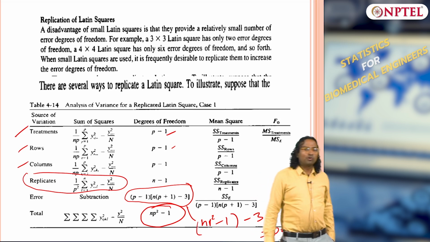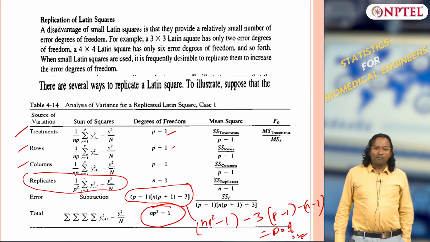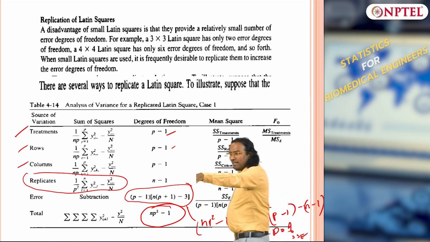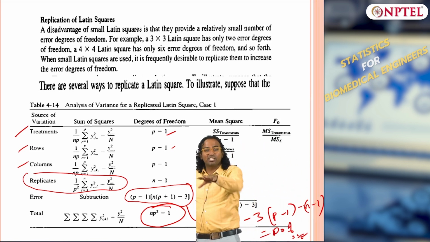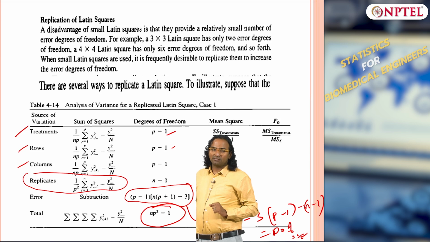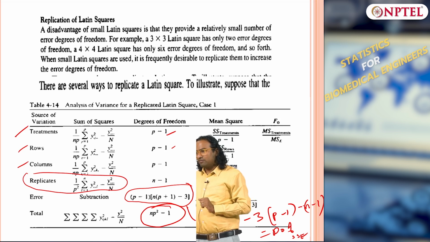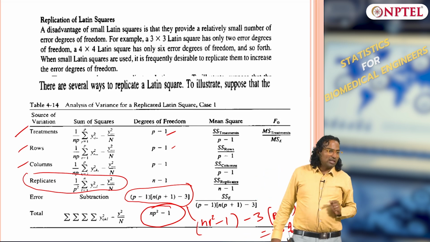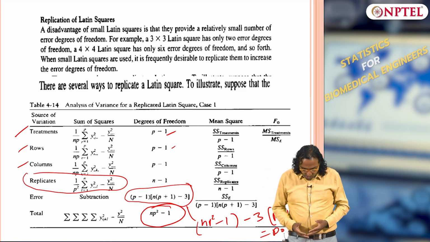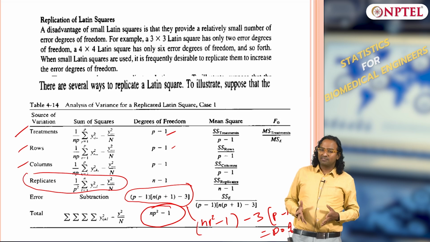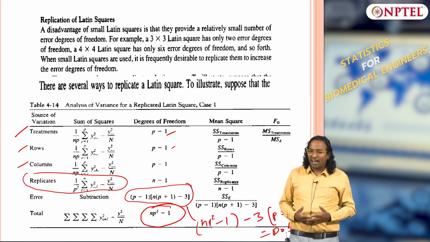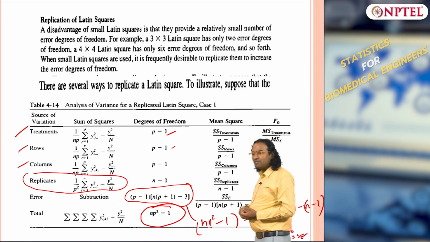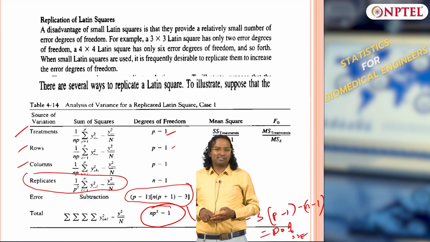Got it? So you have replicates. So when you replicate the square, meaning you have conducted the first 16 experiments, now you have to conduct the second 16 experiments. Obviously there is a variation due to replication, that has to be accounted for. Okay. So there is a replication sum of squares as well. So now what do I have? I have 4 indices, not just 3, i j k, I will have i j k l, 4 indices: rows, treatments, columns, replicates.